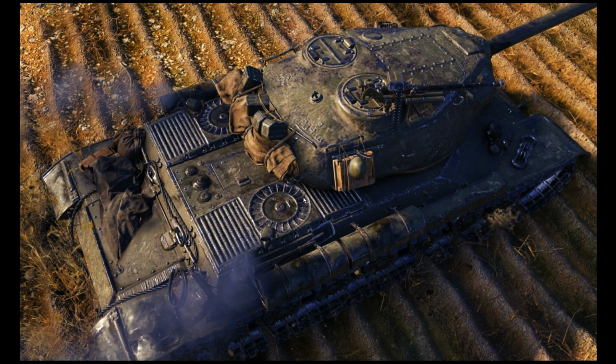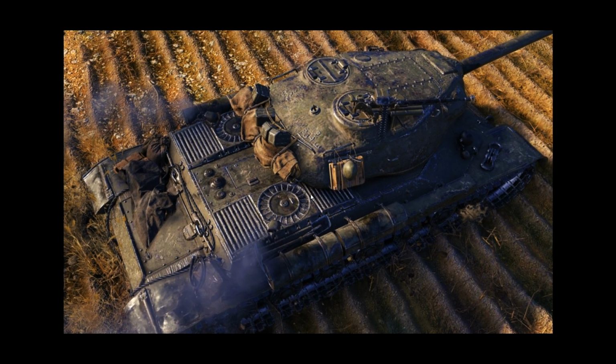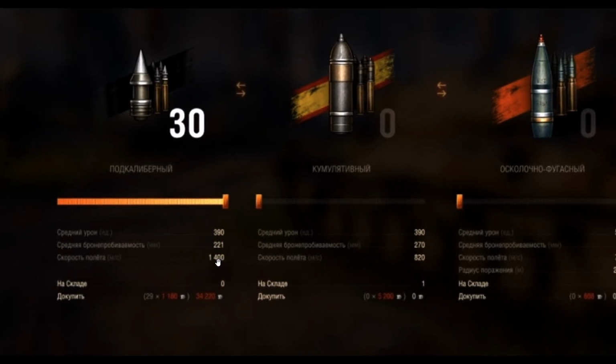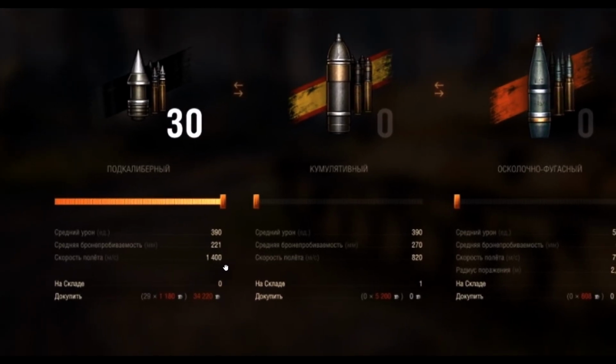And here I have an image from the back and from above this tank. This is basically an IS-4 downgraded to tier 8. It remains to see how good or bad this tank is. The ammo capacity of this tank, here we have only 30, which is already low. With 221mm of basic APCR penetration value, the shell speed is 1400 meters per sec, really fast, and one shell